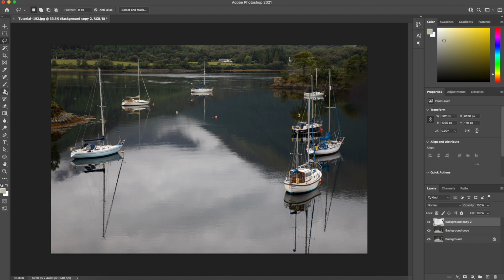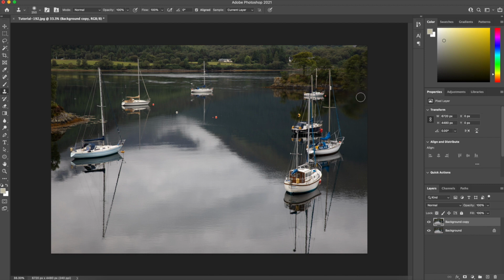So a wee trick then is to go to the clone stamp, and if I just do Command E to collapse that layer, if I increase the size of the brush, and I've lost my mouse, there we go, increase the size of the brush. Now what I can do is a small repair to this area, and then I'll just clone in elements of the tree. And then what I can do here is if I highlight the water, actually if I do Option left shift, I can